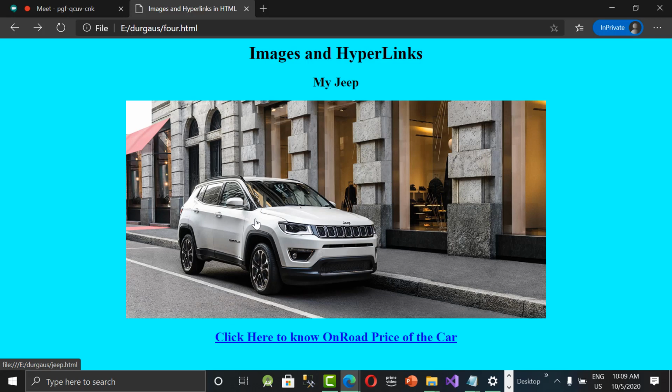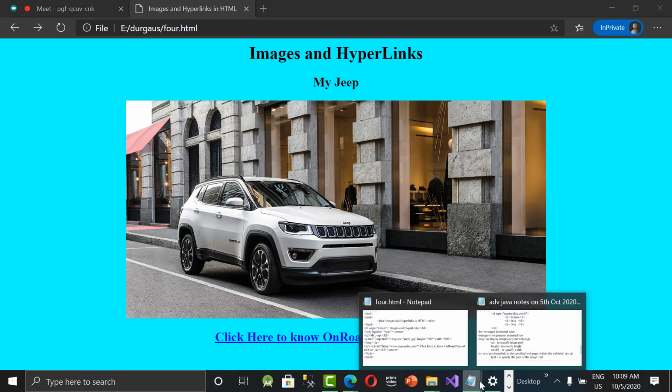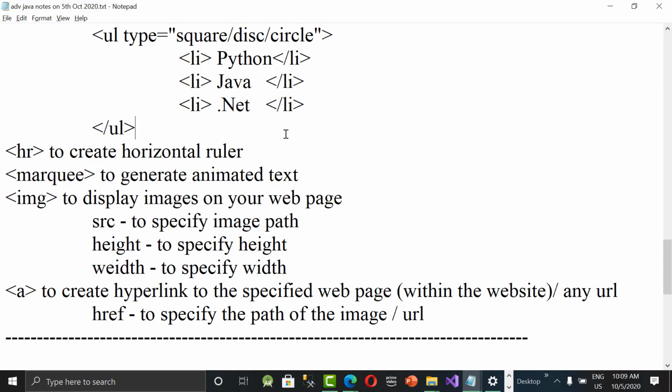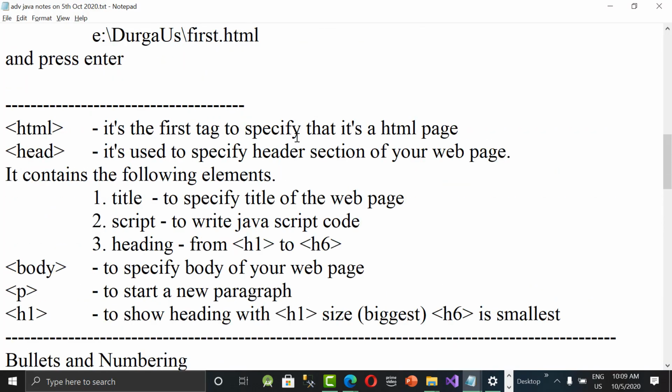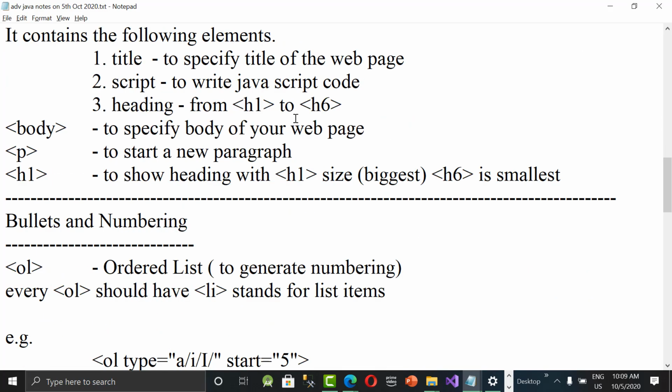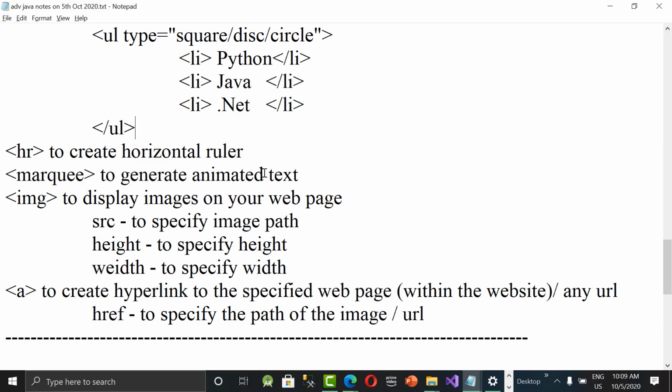And we'll see some other tags. There is something called the div tag, the division tag. Div tag open close, div for division. Suppose we have so many paragraphs.